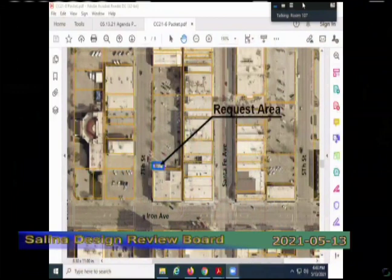All right, so now we're down to 3.3, application CC 21-6. This one is fairly straightforward, but it involves the replacement, unlike Mr. Richardson's application where it was essentially like for like, but with different color. This is an awning that would be expanded in scope. And the application here is for a certificate of compatibility filed by Stephen Howard on behalf of Cozy Inn. And the request is to allow the installation of a new awning on the west facade of the Cozy Inn